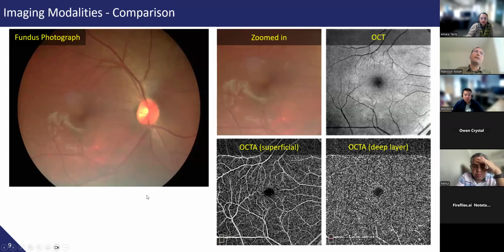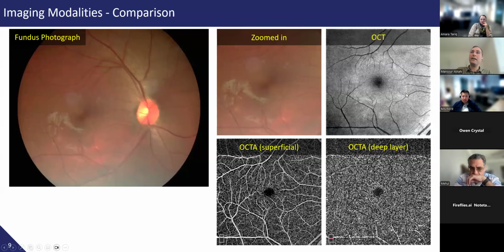Yeah, this image shows the comparison between different image modalities. This is the fundus photography. It has a wide field of view, but it gives us a 2D image. When we are zooming in on the fovea, in the macular region, you can see the fovea, and you can see the structure of the large vessels, but not too much detail, and the contrast of the vessels is very low. And also for the OCT, we have the same case. This is an en-face OCT that actually comes from a 3D OCT, but by analyzing the B scans,